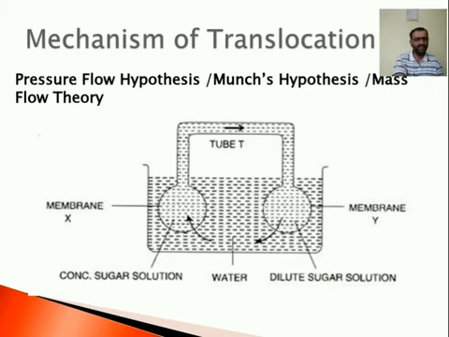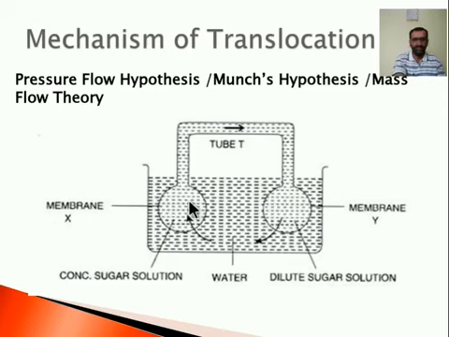Okay, as the concentration of the mesophyll cell, let us see here, this is the membrane and this is one cell. For example, this is a mesophyll cell. If the concentration of solute increases here, it absorbs more and more water, and as more water is absorbed, the turgor pressure or turgor pressure gradient increases in this limb, or on this side.